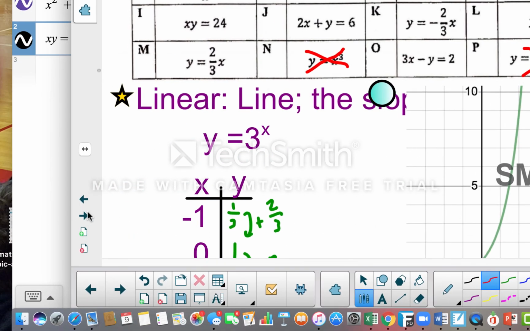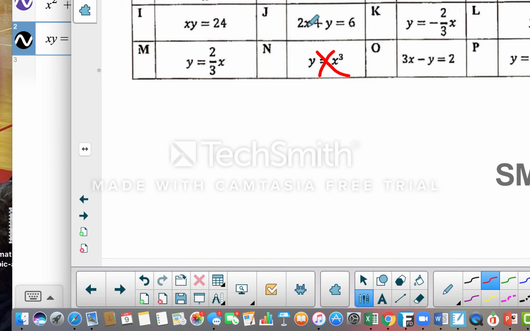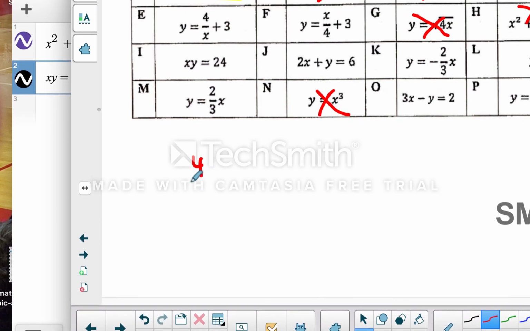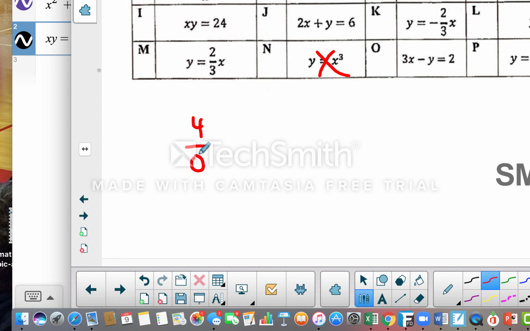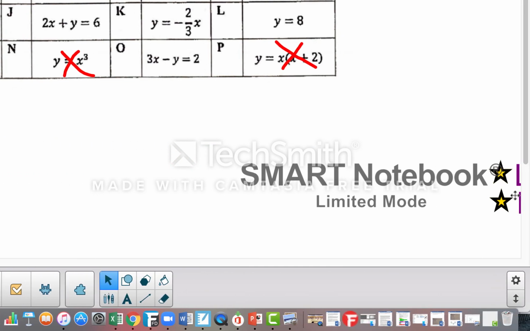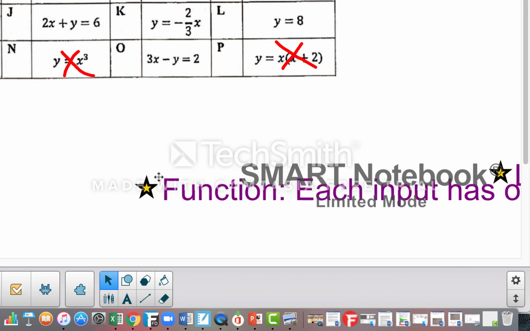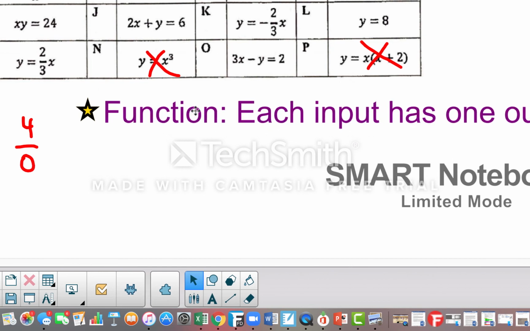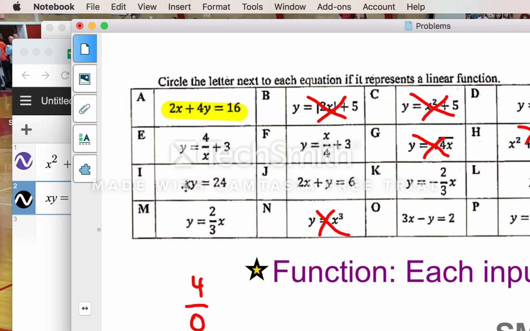And then just one more to show you here. So we're almost there. You might think that the rest of these are linear. They're not quite. This thing, 4 over x, if you were to plug in 0 for the x, that would make it undefined. Therefore, that one would actually break the rule of being a function. A function has to have each input with one output, and there's really no output there. Not only that, but this wouldn't be linear either if you graphed it. So you could cross off e,